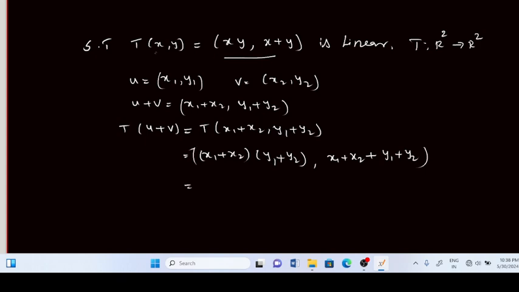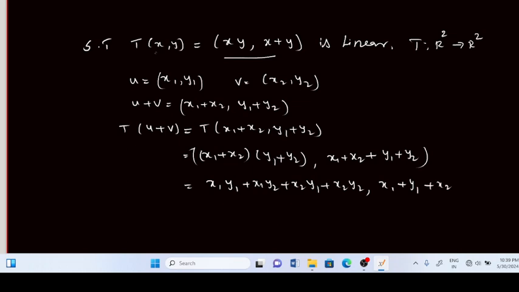Now we multiply this out: we can write it as x1 into y1 plus x1 into y2 plus x2 into y1 plus x2 into y2, comma, and here we can split the second term as x1 plus y1